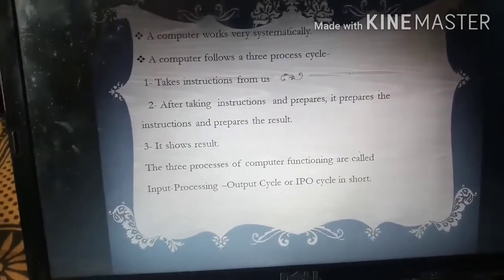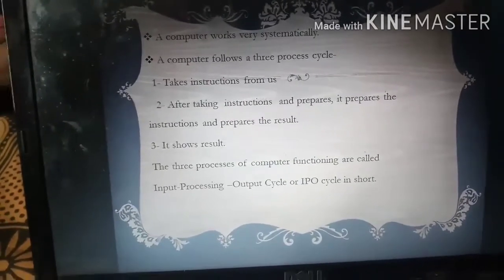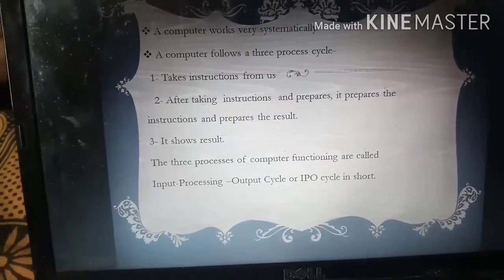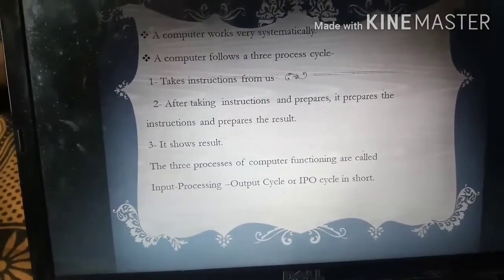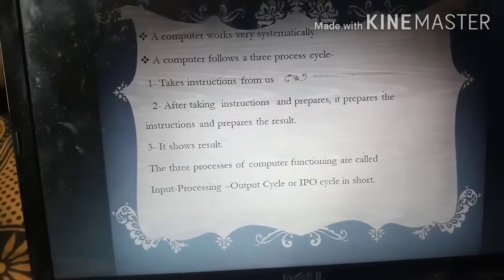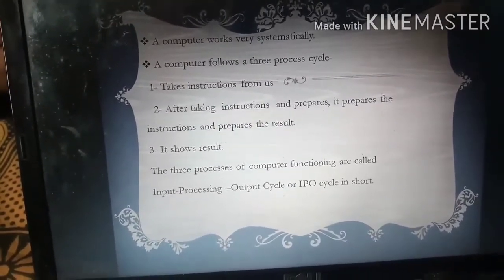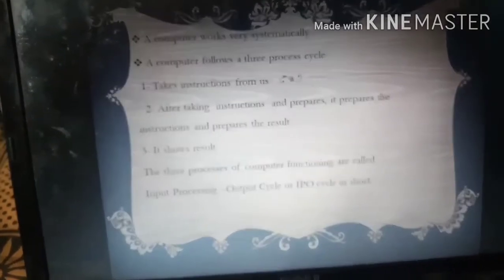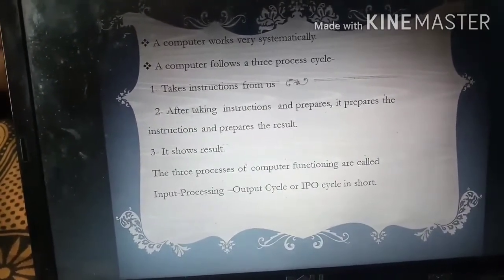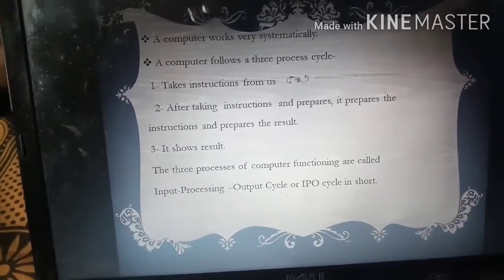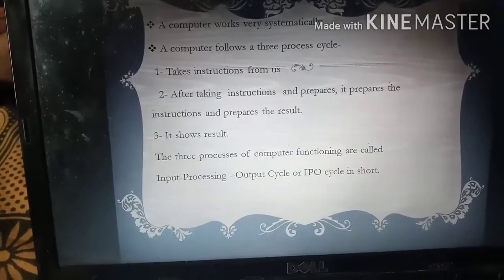So in the first point it is written that it takes instructions from the input devices. Then in the second point it is given that it takes instructions and prepares results through the CPU. And the last, third point, is that it shows results, that means it shows results through different output devices like printer or monitor.